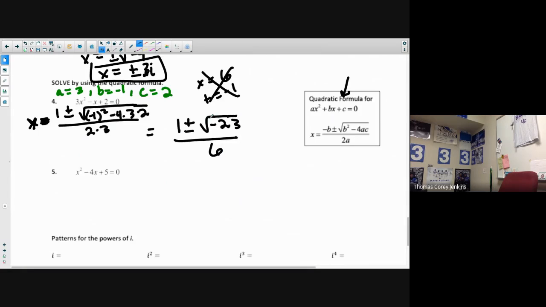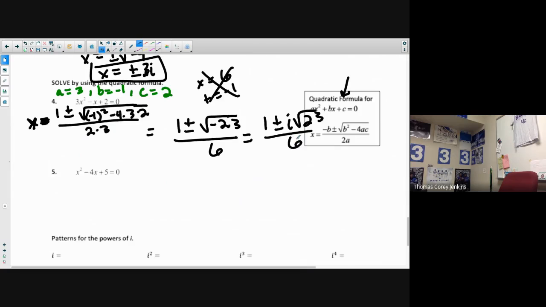If you ever have a negative under a radical, you are not simplified. At the very least, you have to write that as an imaginary number. Then you think about the square root of 23. 23 is prime, so we can't break that down. So our next step is 1 plus or minus i square root of 23